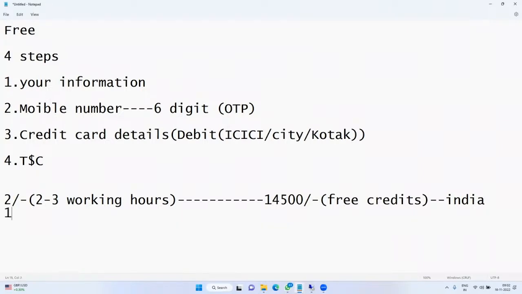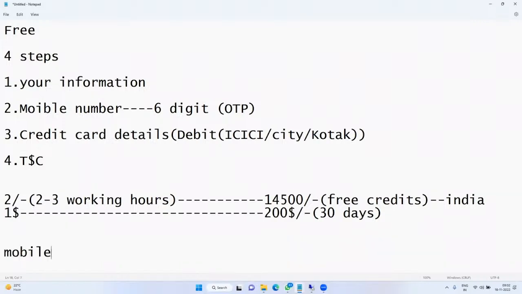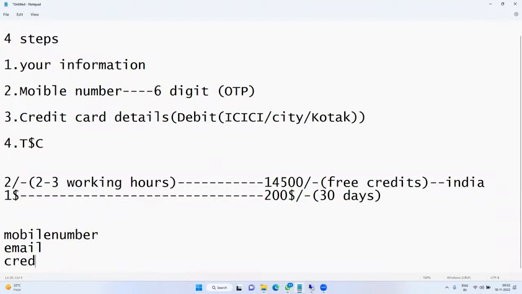For US people, $1 is debited, and they will get $200 free credits. Either way, we have to use it for only 30 days. The free trial would be 30 days. After 30 days, automatically your account will be deactivated. No alternative, we have to create another account. So to create another account, we have to change the mobile number, email ID, and the credit card number.